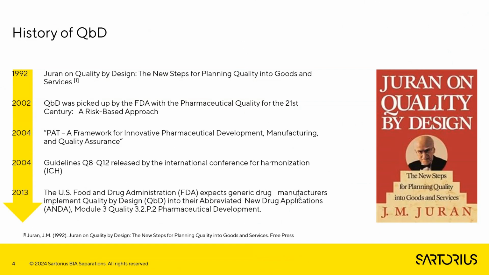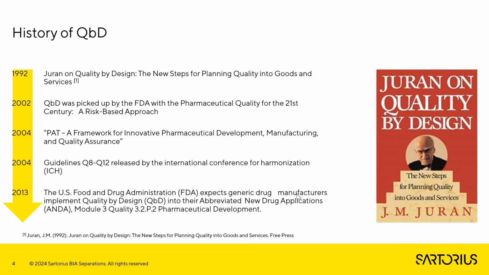And as mentioned, the biopharmaceutical industry did not come up with this design. Back in 1992, Mr. Juran published this seminal book, Juran on Quality by Design, for a completely different industry, but it was about planning quality into development of goods and services. And it was only later that the QBD concept, philosophy, was picked up first by the FDA, and later, of course, all of the other regulatory agencies, and they started more and more to require this way of thinking in the